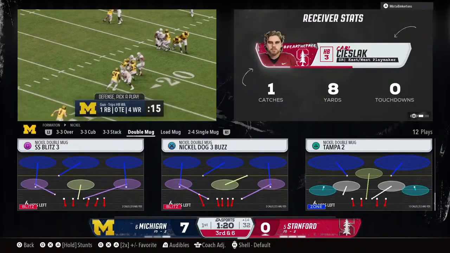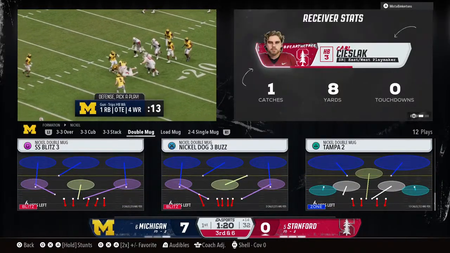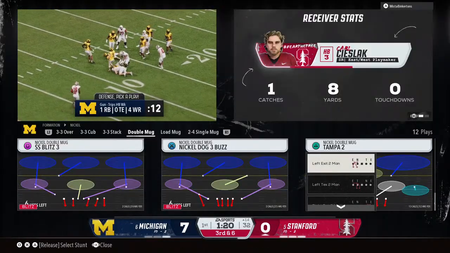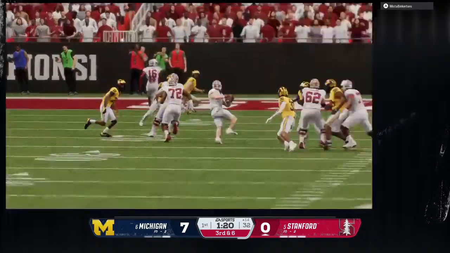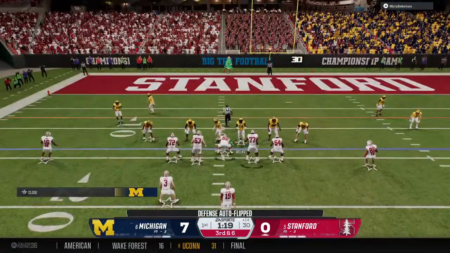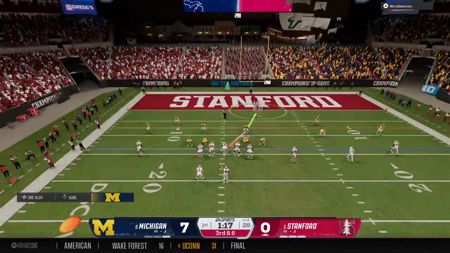Well, it's one of the things I love about this running back. It's not just this defense trying to defend him running the football. As you can see here early in this game, trying to get him involved in the passing game. Great call. Stanford has moved into the red zone.